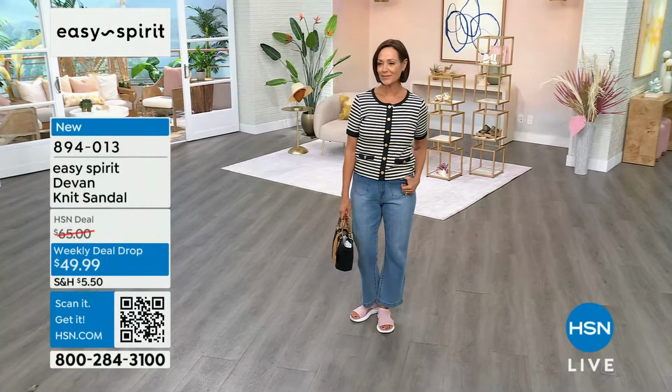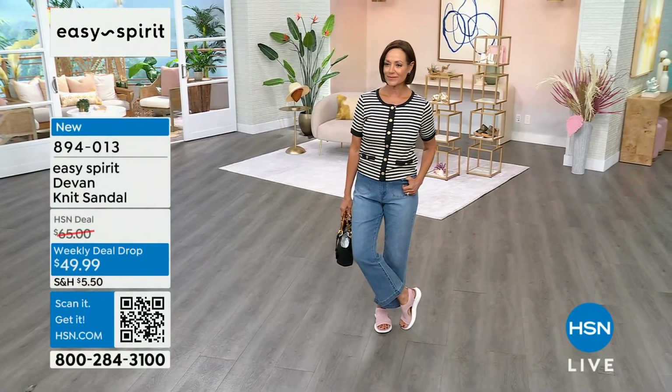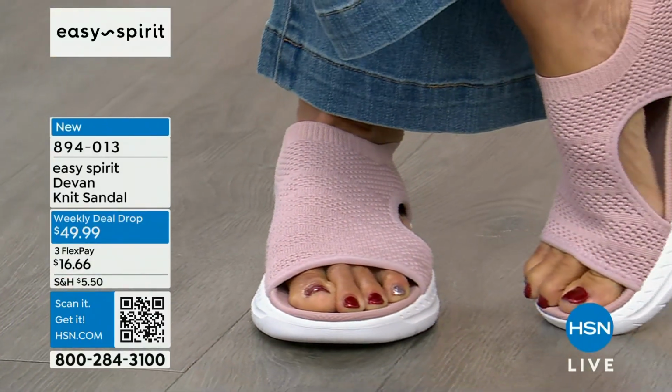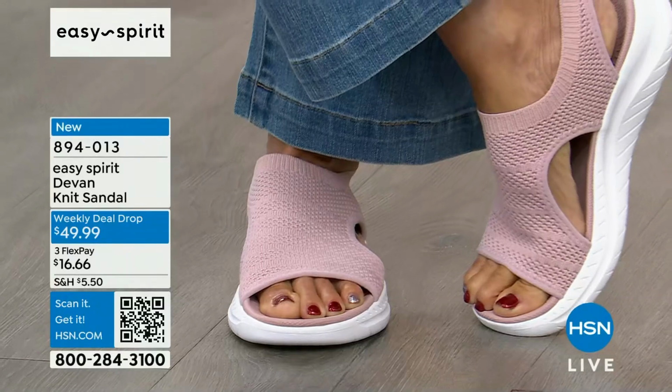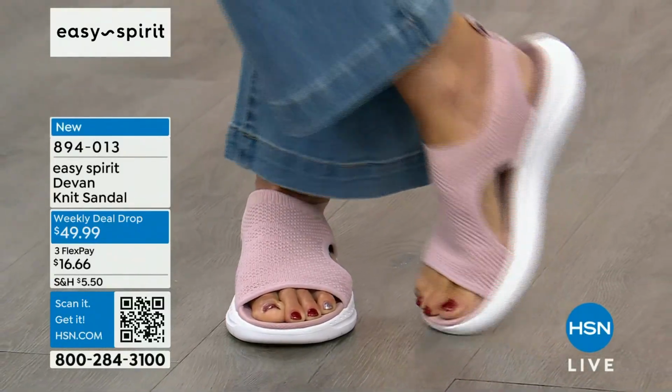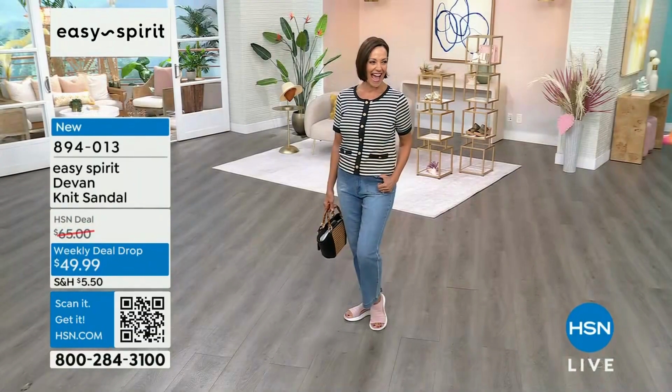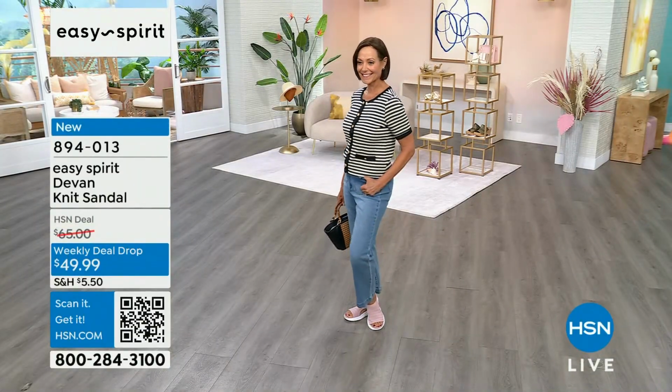So congratulations, everyone that's getting one. Yes. And it is our most limited color and it's the most popular. And sometimes that breaks my heart because it means everyone wants it and not everyone is going to get it. Donna, you are in the size 8. And I love that you don't have to be